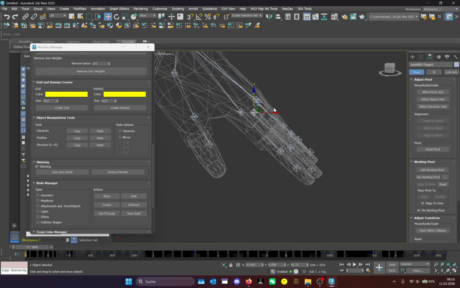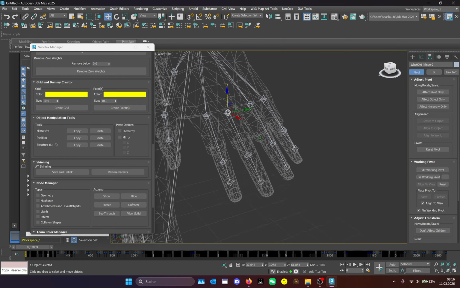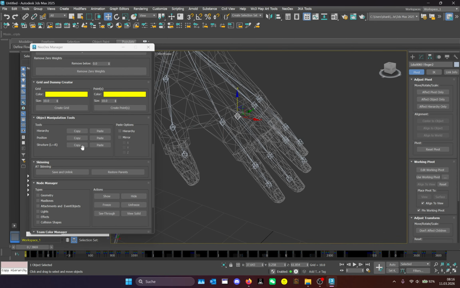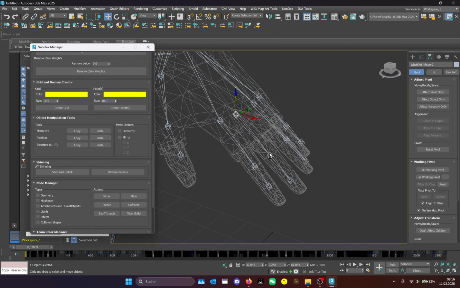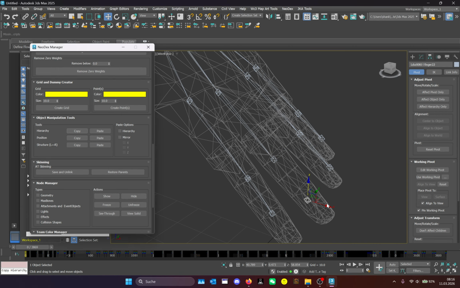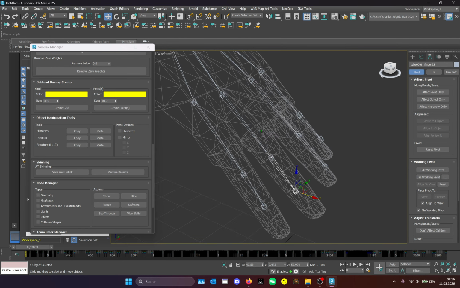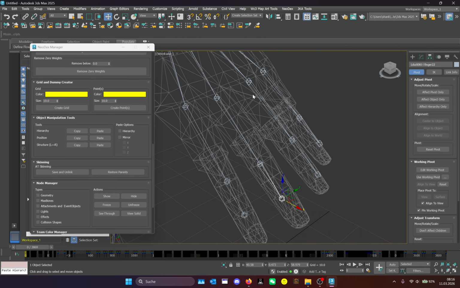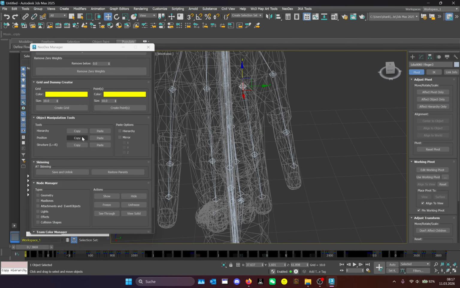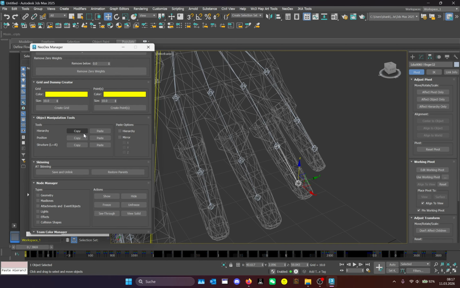Copy, move it a little bit down, a little bit to this side, up, so it's in the middle. Then paste, sorry, paste. So wrong button. So then copy, move it up to this side, and paste. So let's do this one here. Copy, down a little bit to this side, so a little bit up. Okay, then paste and copy,